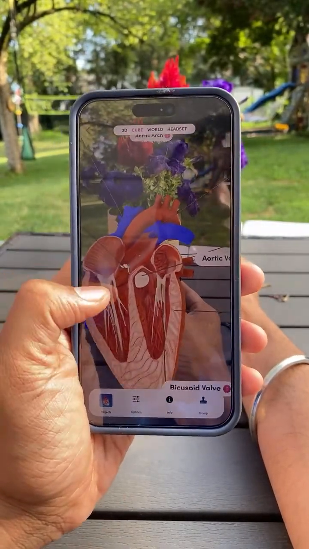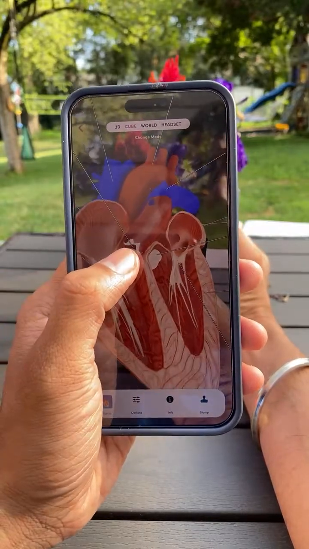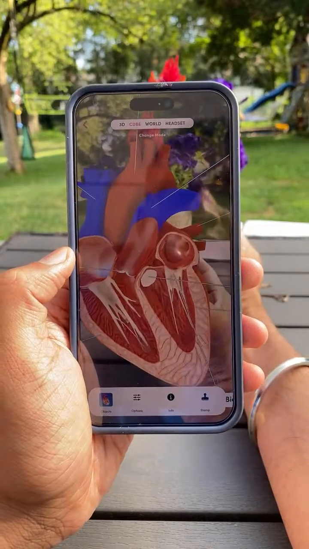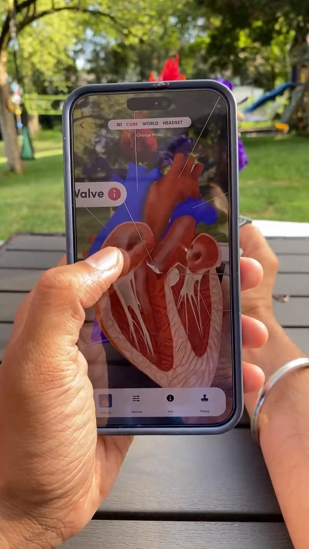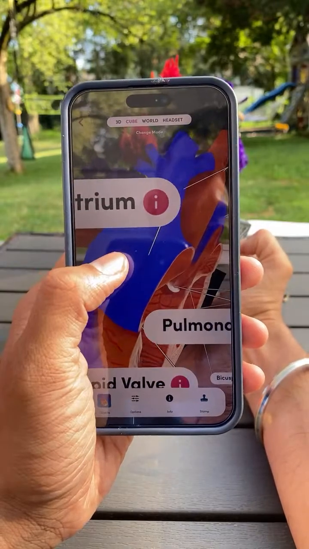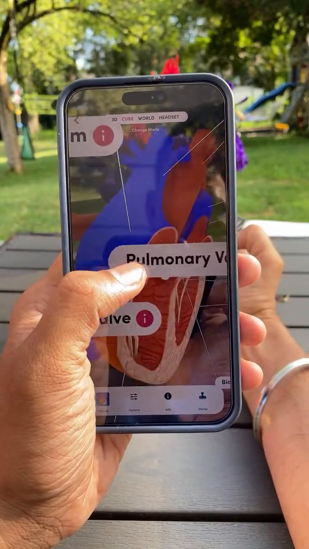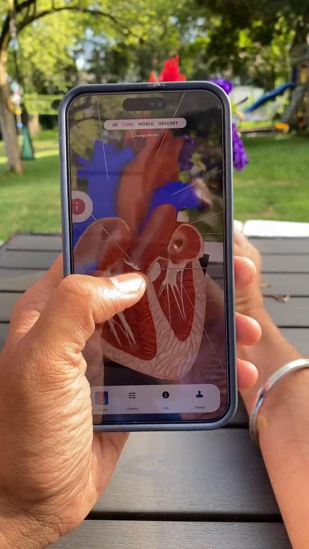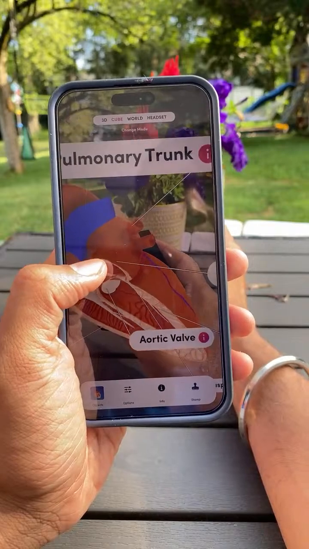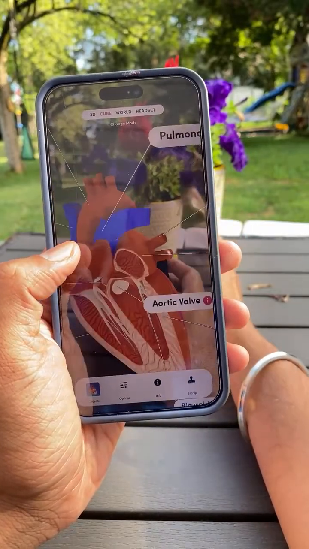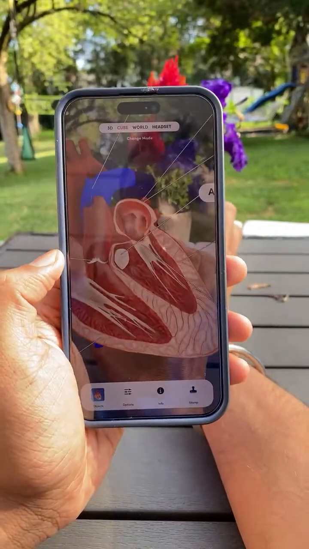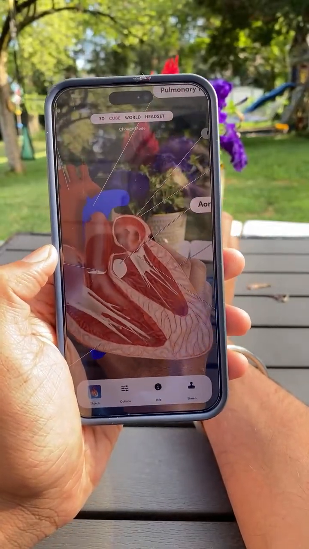I could see how the septum is opening and closing, or there is a tricuspid valve, and there is where the blood comes in through the veins. You could see how the veins, this is the vein in the right atrium, that's where the blood comes into the heart. And then this is the left atrium, that's where the blood will go to the arteries, which are red, right? So it's pretty cool to learn different things, I would say,